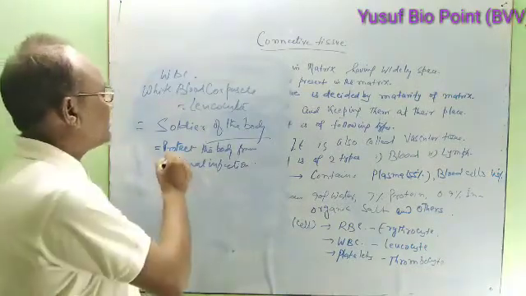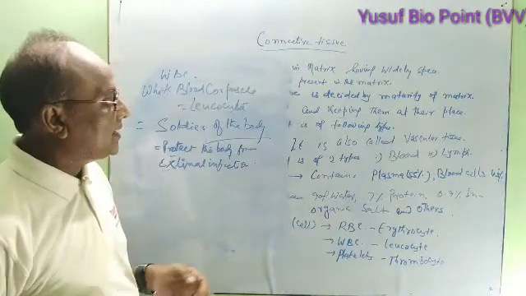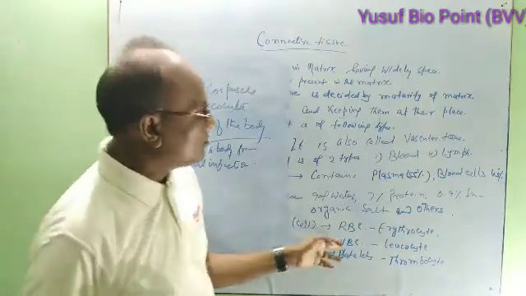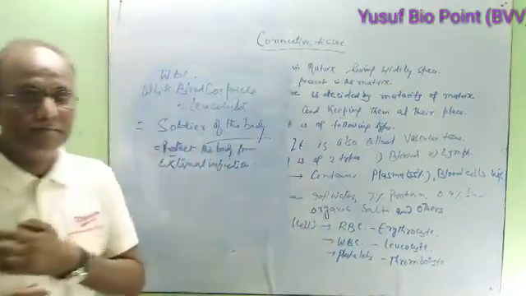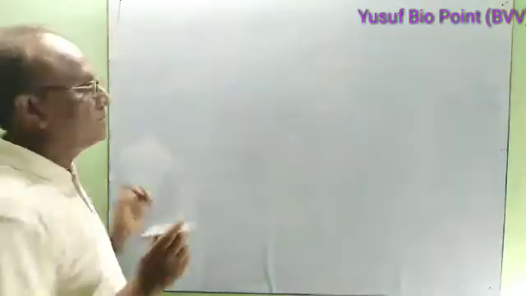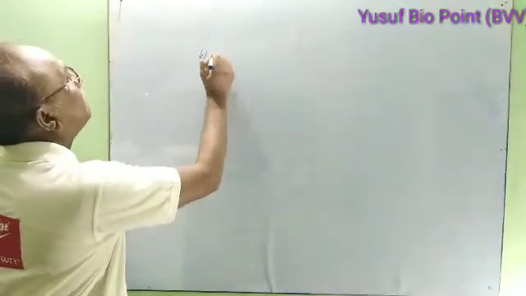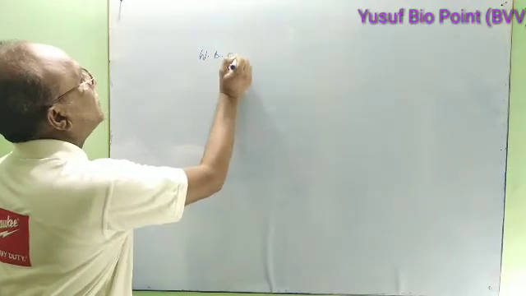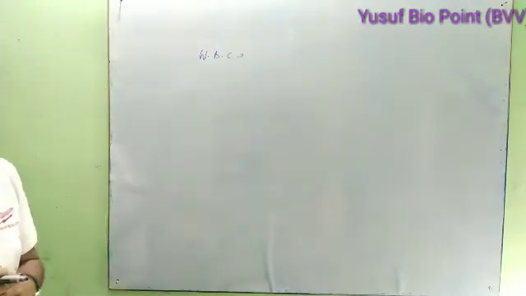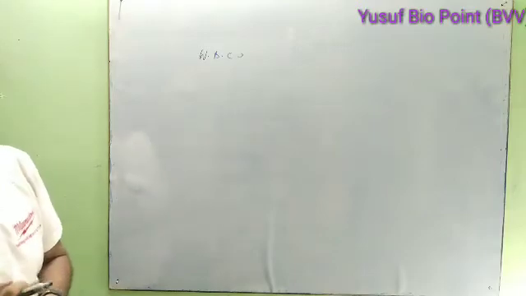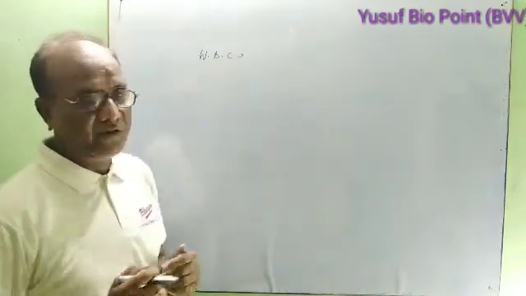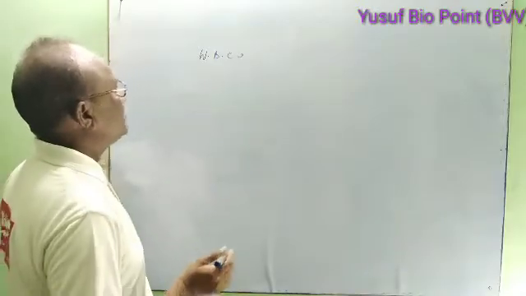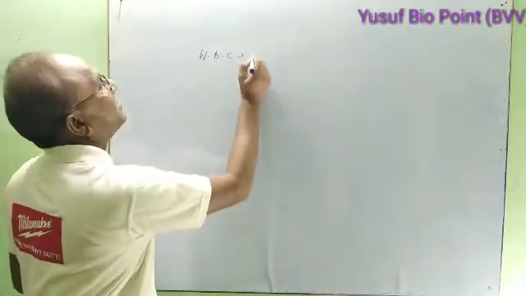That's why it is called the soldier of the body. WBC is the soldier of the cells. It protects the body from external infection. And it is of the following types: